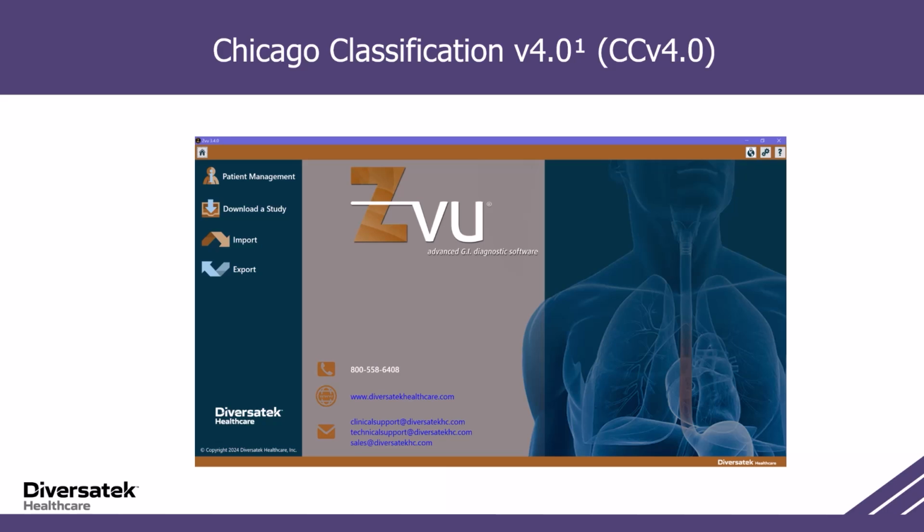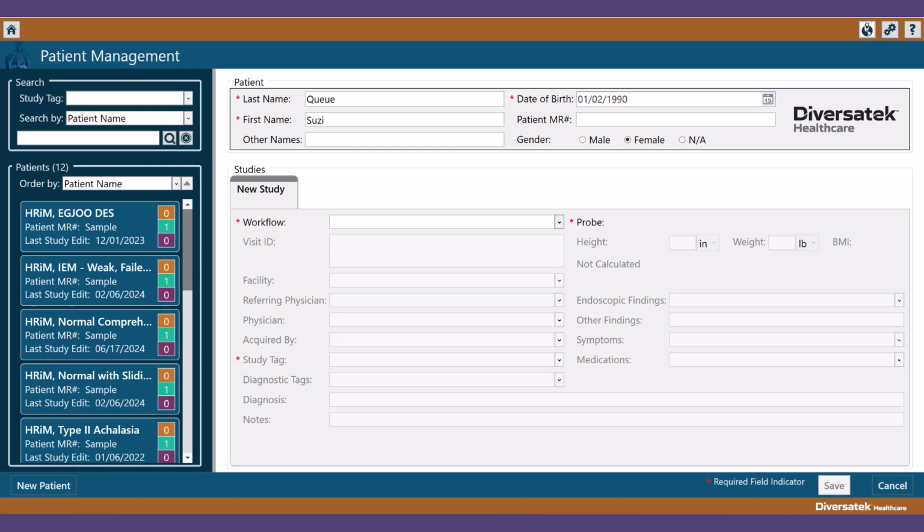In ZView, once a new patient has been set up, a workflow can be selected to give instructions for selected swallow types. Starting with ZView 3.40, there is a new comprehensive protocol that includes instructions for swallow types referred to in Chicago 4. After entering the patient demographics, click on the drop-down arrow next to the Workflow field and select